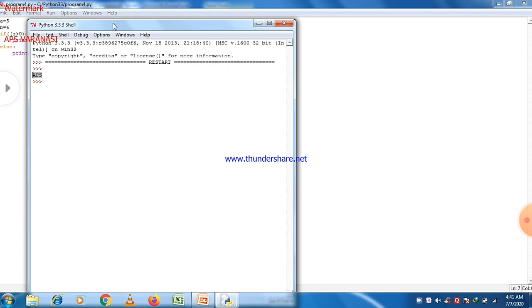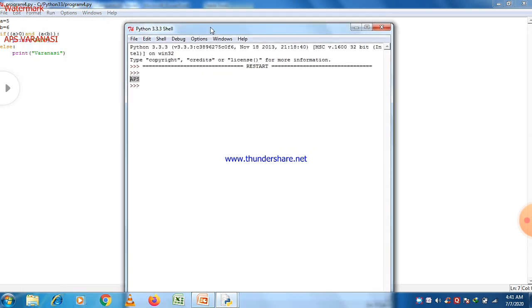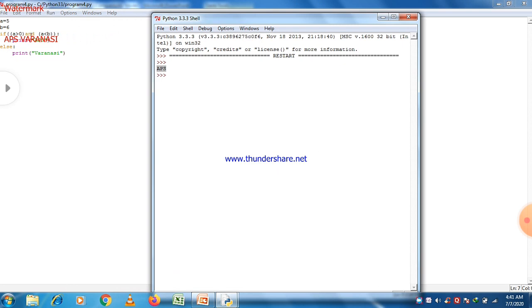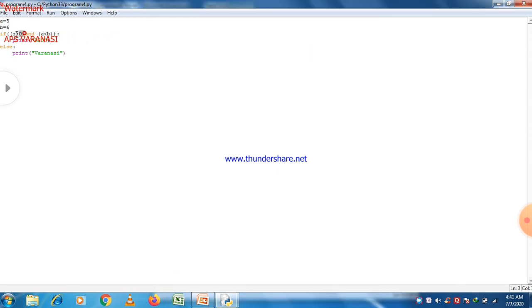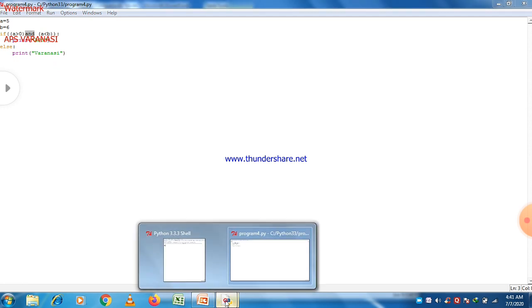And why is APS the final answer? Because both conditions are true in this case and separated by AND. So the result related to the if statement will be printed, and the result is print APS. Now I think it is quite clear to all of you how to execute a program and how to implement logical operators.